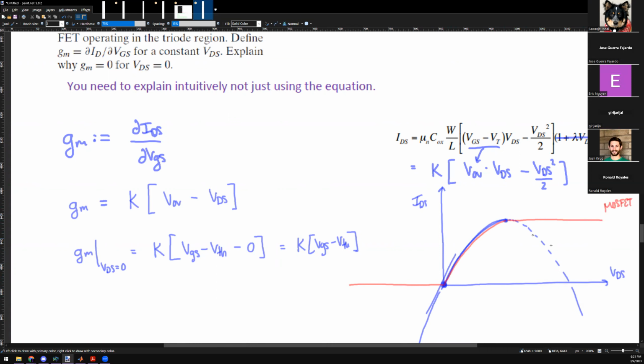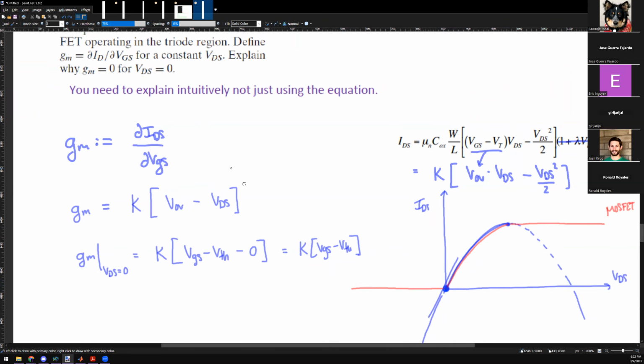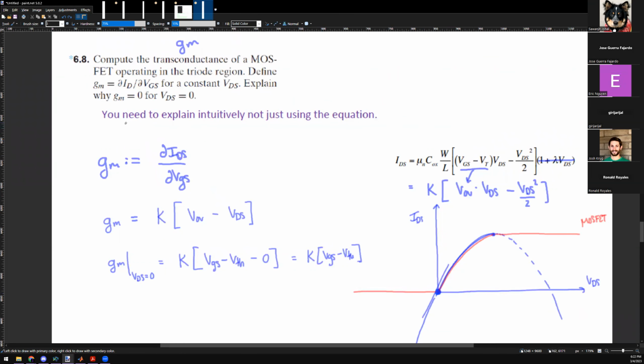And then the blue parabola is just this triode region portion of it, right? And you're saying, if this is my operating point and this is my slope, I have two options. For the real MOSFET, either I take the red and there's a real positive slope, or I take the left-hand side, for which the slope would be 0. So if we took a derivative coming in from the right-hand side using this equation, it does give us a real positive slope. So I do expect this. I just